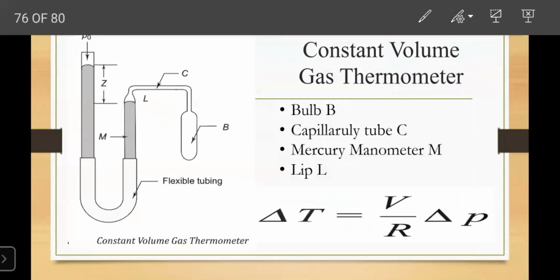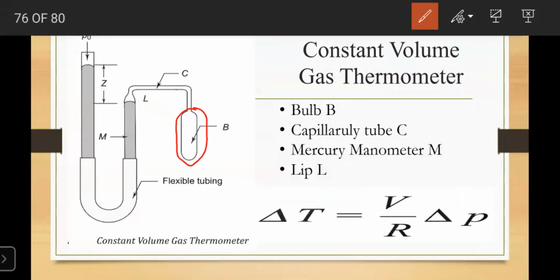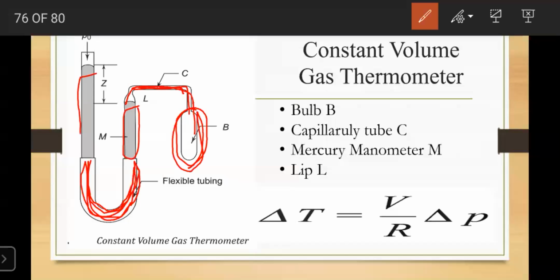So this is an arrangement for a constant volume gas thermometer. Where is the gas? Here I have filled the gas in the bulb B. So this is the bulb. By which instrument are we measuring the pressure? This is a U-tube manometer. Have you studied this in your inter classes, I guess? And this is a capillary tube, through which the gas is coming to here. And this one is mercury.